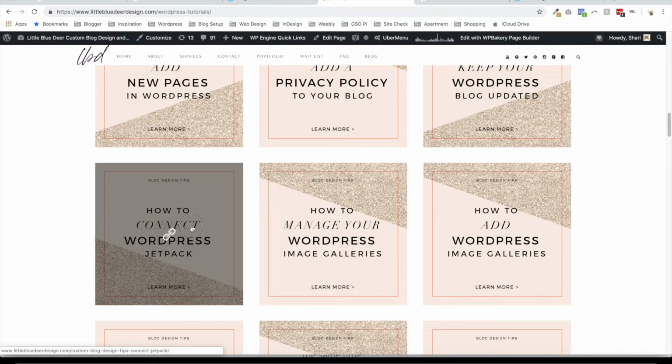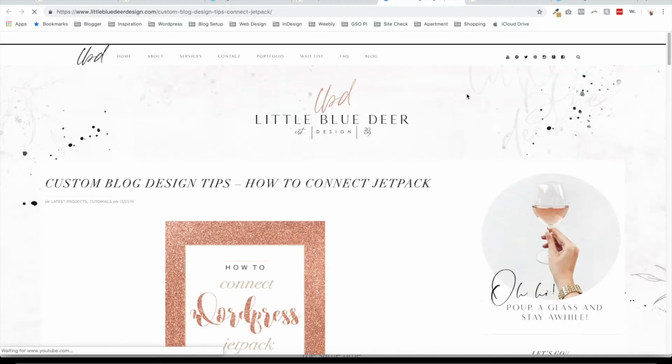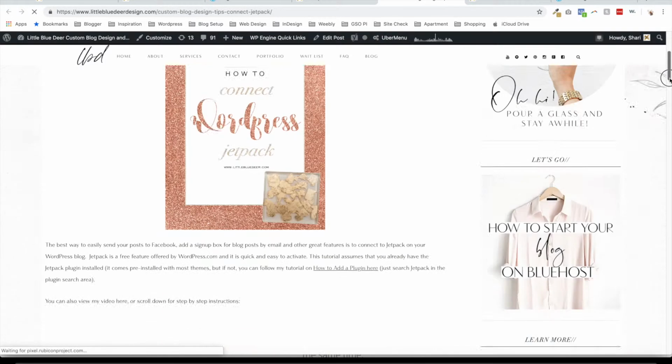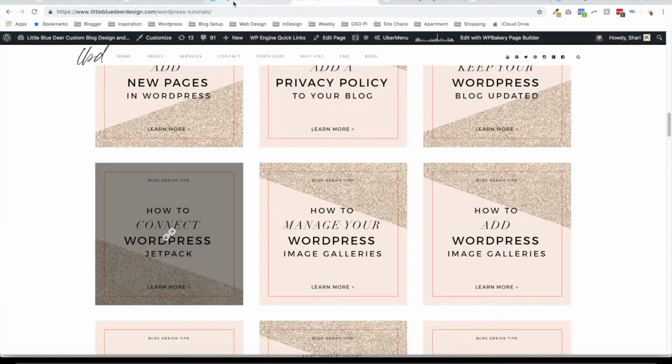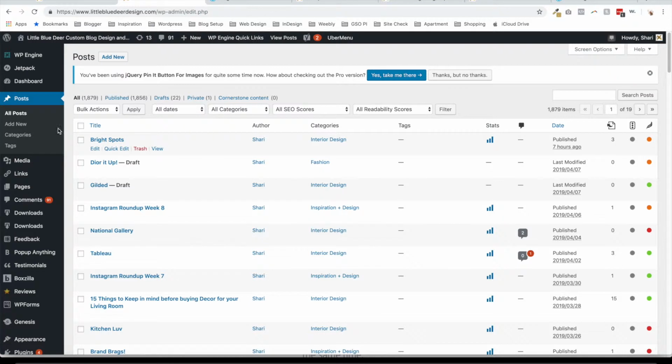Okay, how to connect WordPress Jetpack. So if you come on over to my site after this video, you'll see I have a handy dandy tutorial that's going to show you how to connect your blog to Jetpack. All right, so once you've gone through that tutorial, then we'll come right on back over to the dashboard here, and I'm going to show you some of the Jetpack features, which is how my site's connected to my WordPress.com account. So if I just zip over to the Jetpack dashboard,